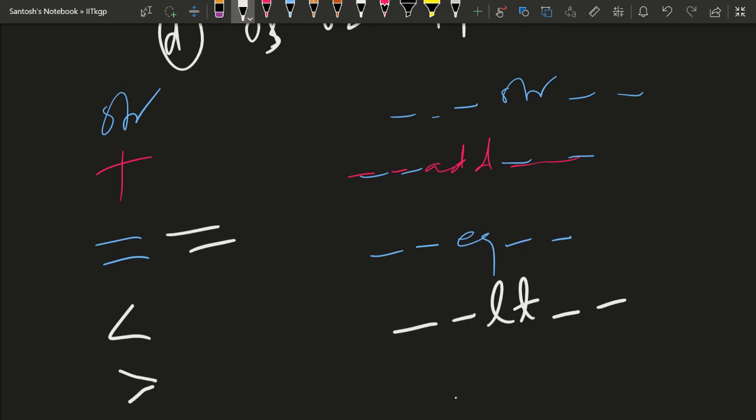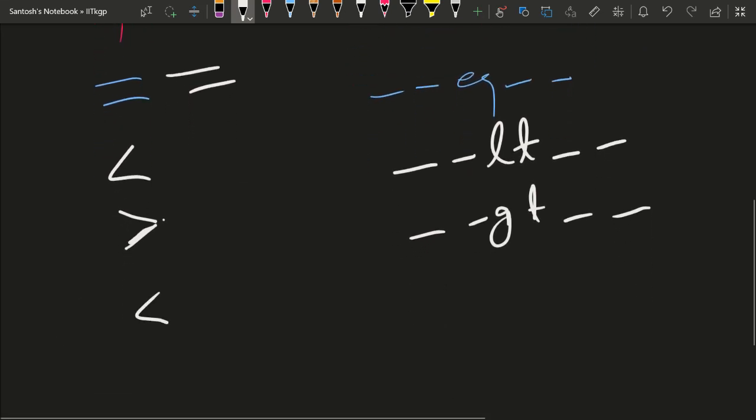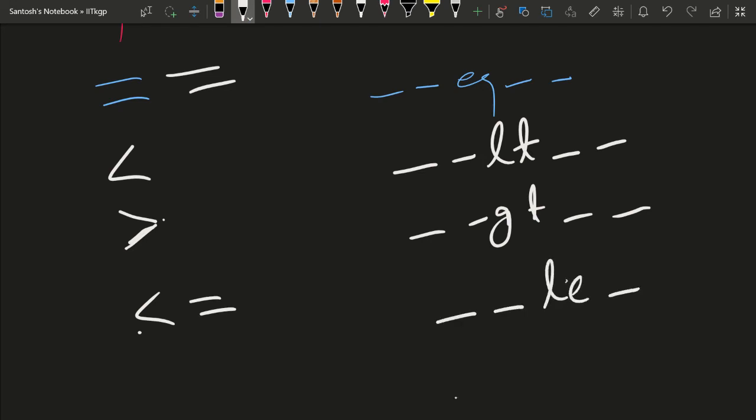Then greater than, so __gt__. Then less than or equal to, you have __le__. More than or equal to, you have greater than or equal to, __ge__. Like that you have.